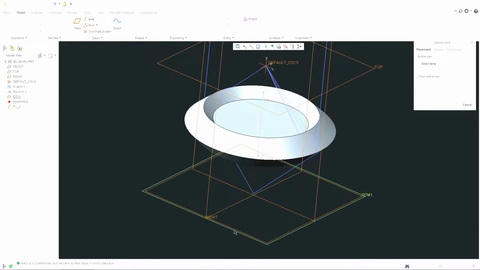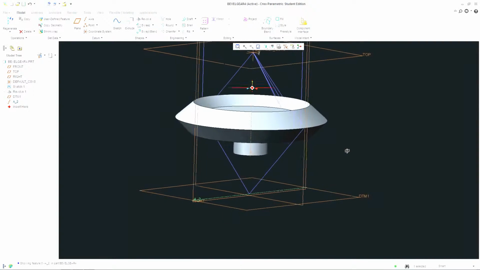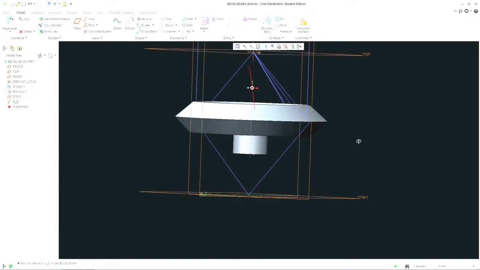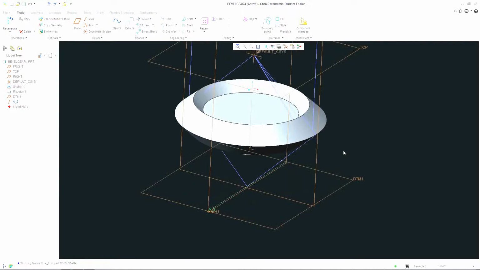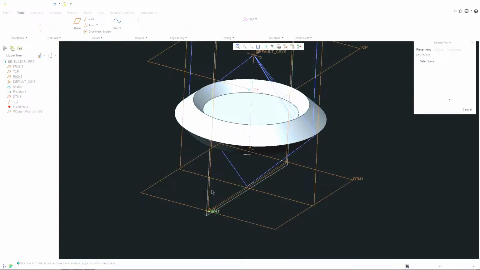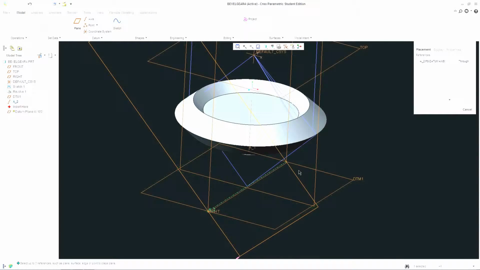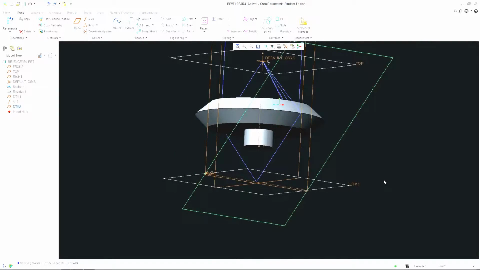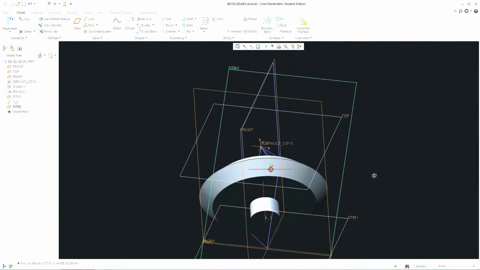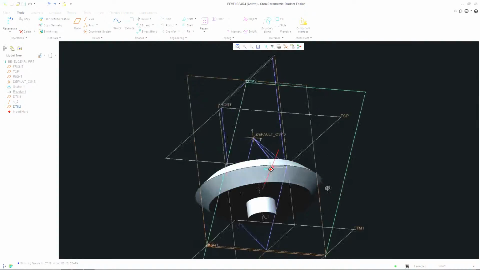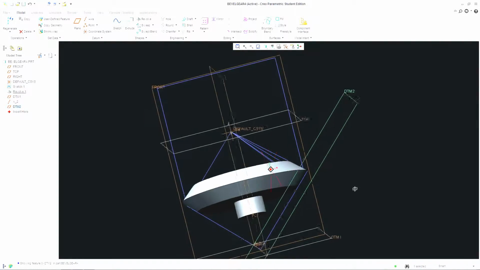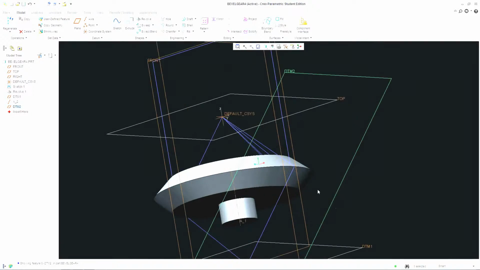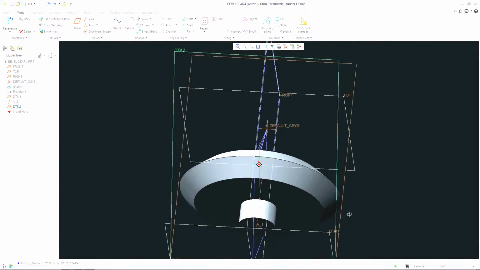along the bottom here. So I click that plane, hold control and click that plane, it'll create an axis across. And now we want to make a plane here, so click on plane, click on the axis that we created just then, and hold control and also click this line and click OK, and that allows us to create a plane perpendicular to the bottom face of the gear there, so we can start drawing